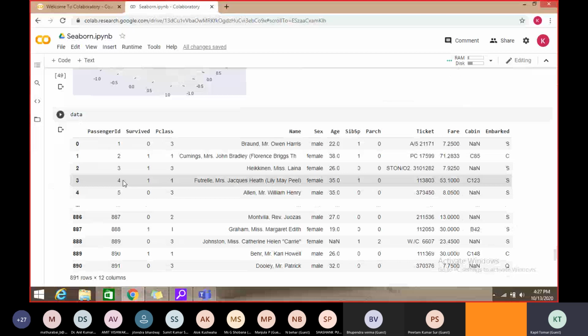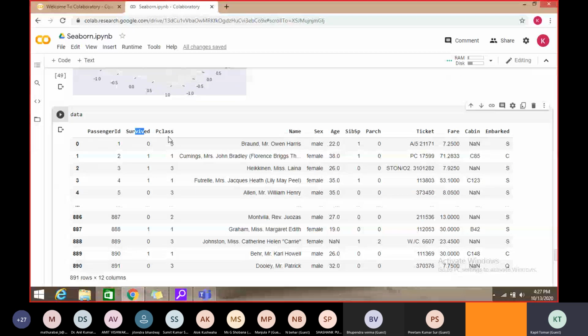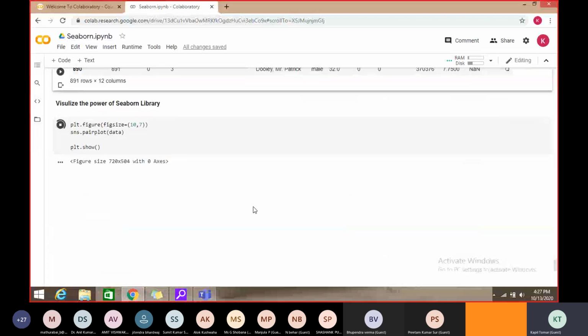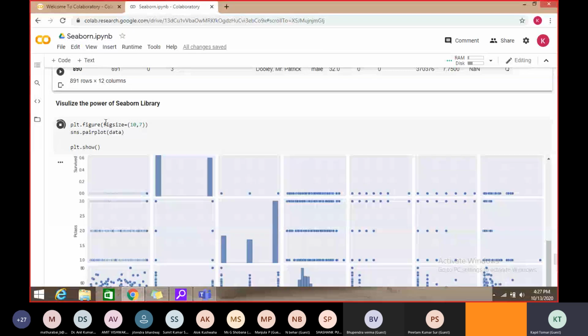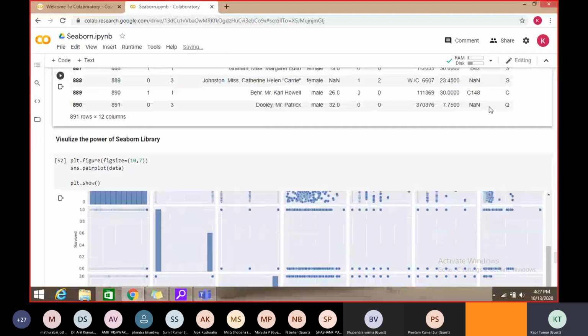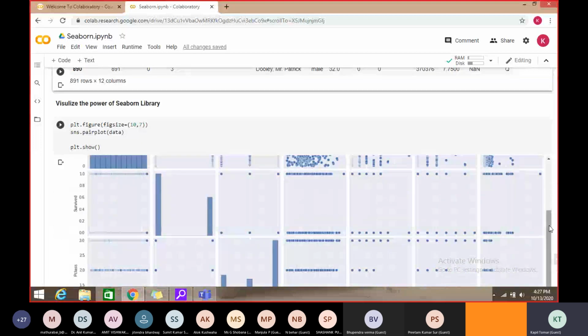So how many columns do we have? 1, 2, 3, 4, 5, 6, 7, 8, 9, 10, 11, 12. See this, I hope we are able to see this.